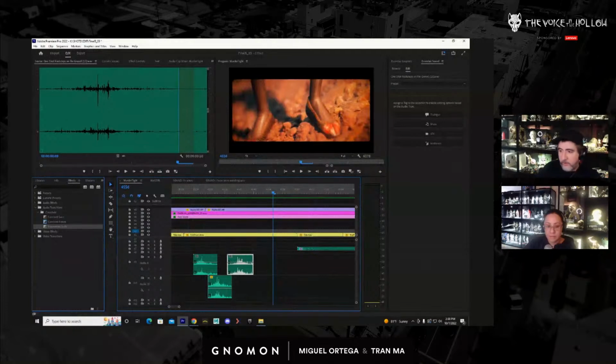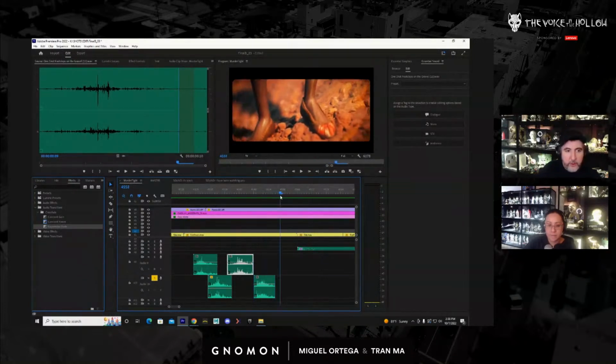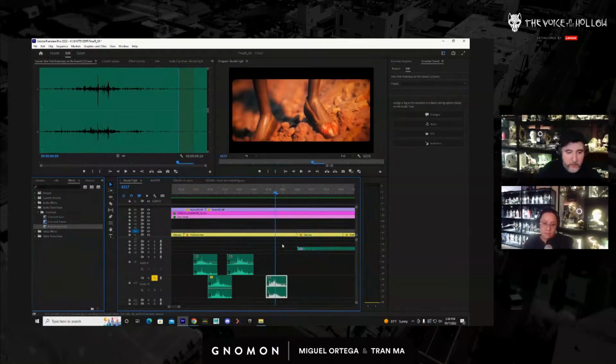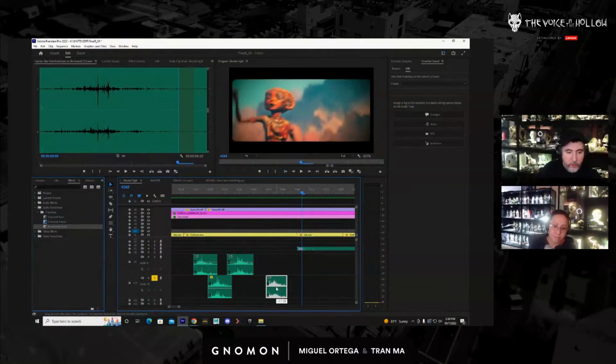So we have another shuffle there. Let's grab another one. Let's solo this. So you have mute and solo. Solo just means that that's the only one you're going to hear. So I just want to make sure that this is the only thing I'm listening to when I place that foot. Now lower it a little bit.